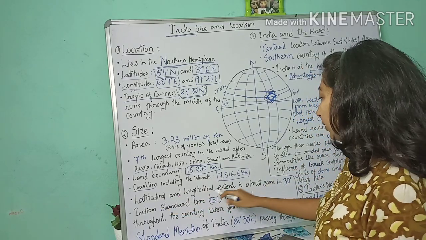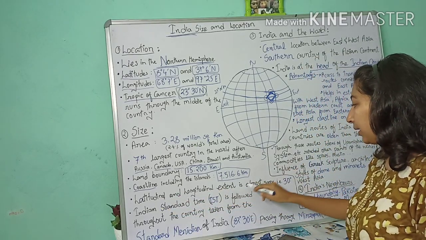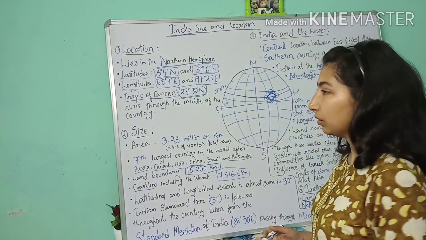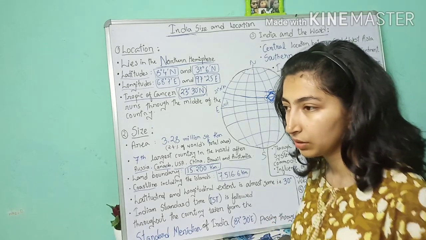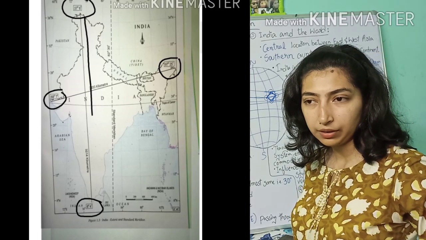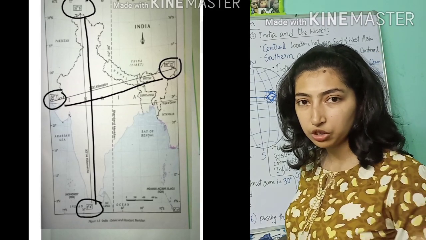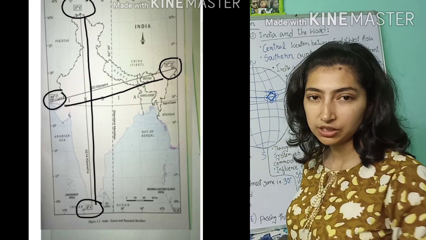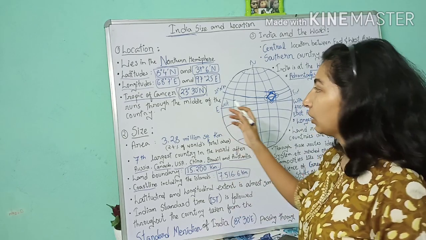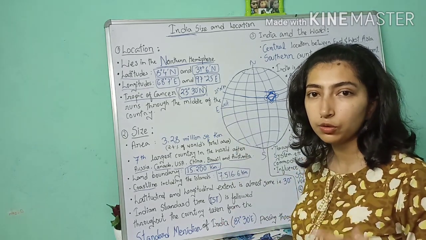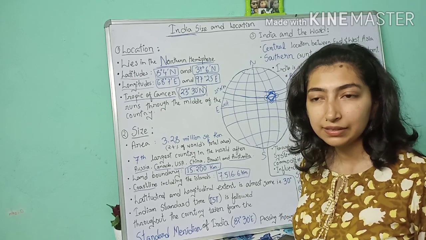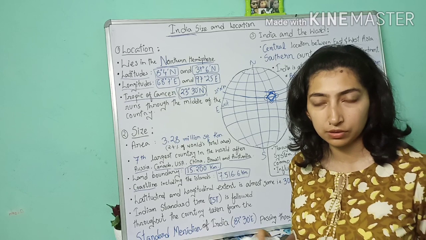Again, the latitudinal and longitudinal extent is almost the same, that is 30. Now what is latitudinal and longitudinal extent? If you see on this page, from Jammu and Kashmir to Kanyakumari, and from Gujarat to Arunachal, the last tips, if you see the latitudes and the longitudes and find the difference, you will find that roughly they are both the same, that is 30 degrees, whereas there is a huge difference in kilometers